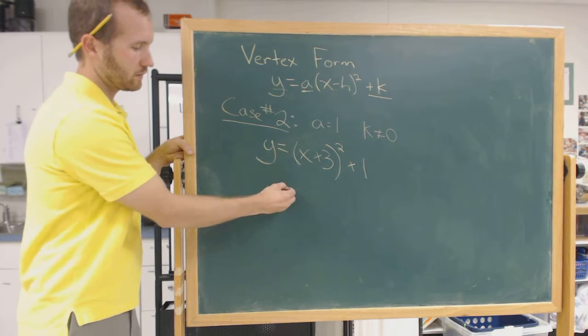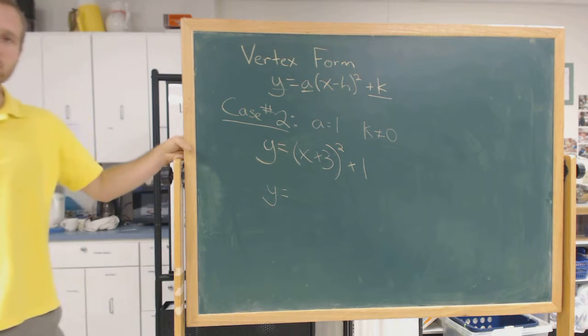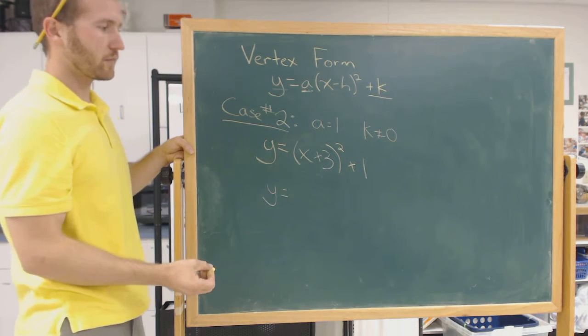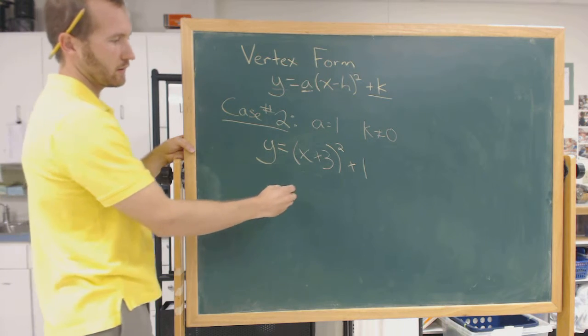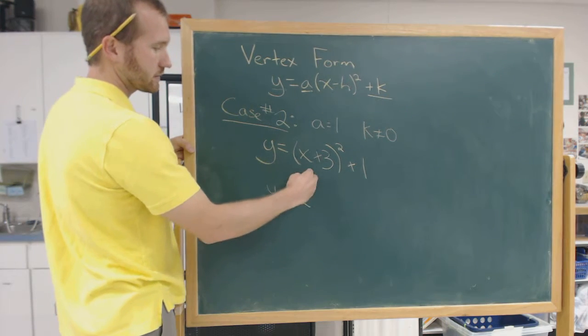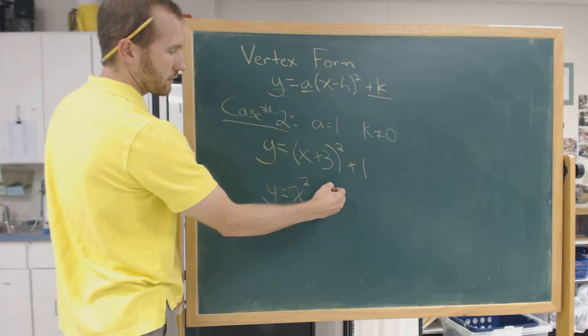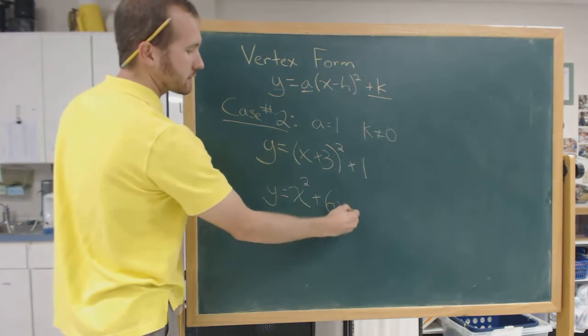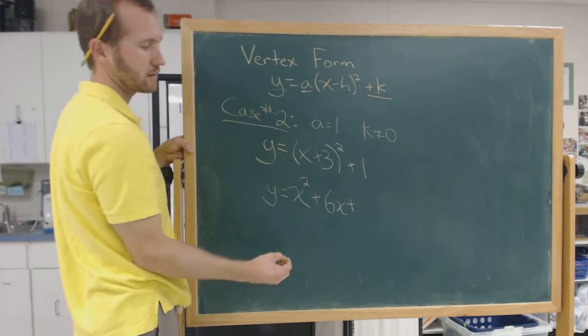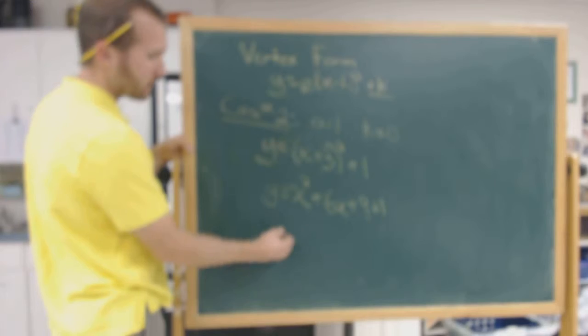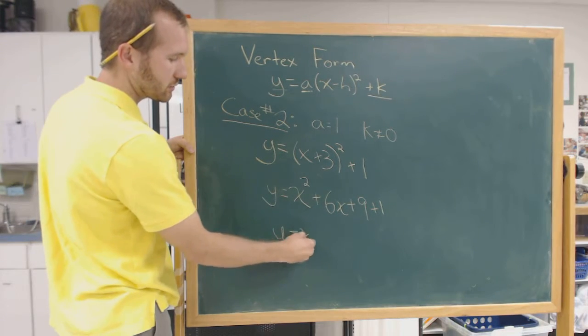We're going to just expand what's in the parentheses here. Expand our perfect square, which will give us x squared plus 3x plus 3x plus 9, plus 1. So if I combine like terms,